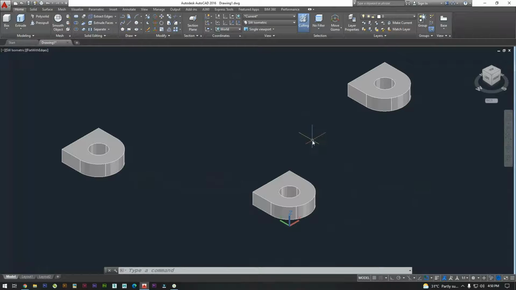Using rotate 3D. Use a command called rotate 3D, enter.